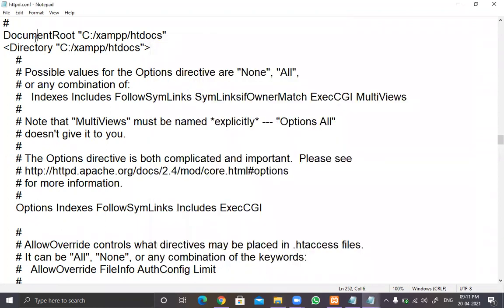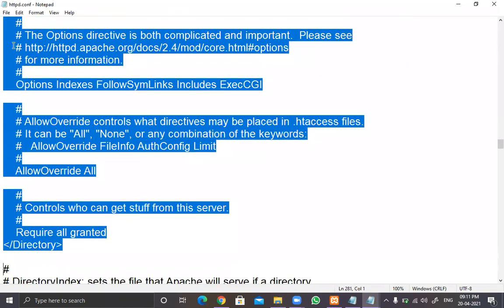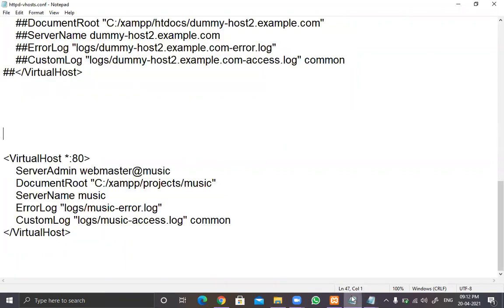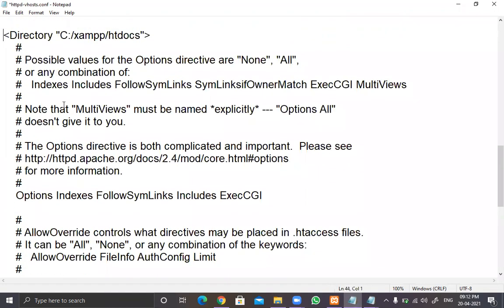So what I would recommend is copy this thing from here up to this slash closing directory. Copy this, go to your virtual host file, create some space before creating your virtual host and paste it there. Just remove all the comments and it will remain just 2, 3 lines only.